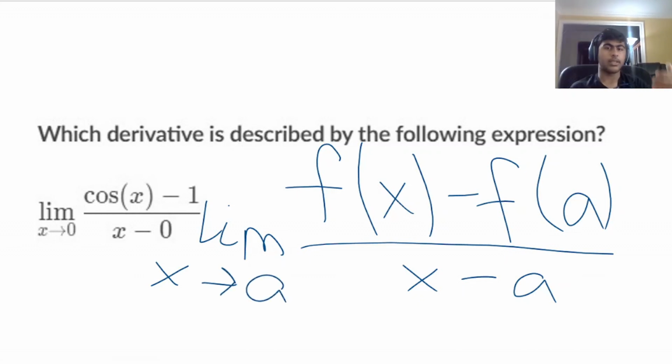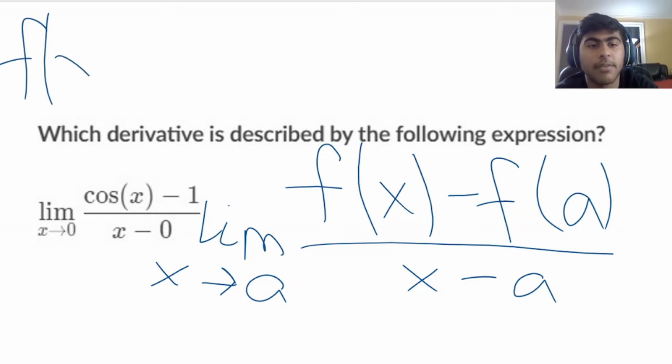And now in this case, a is just 0, right? That's why we have x minus 0 in the denominator, right? And we're told that f of x equals cosine of x, and f of 0 is 1, right? So it's not an unreasonable deduction to just say that f of x equals cosine of x,